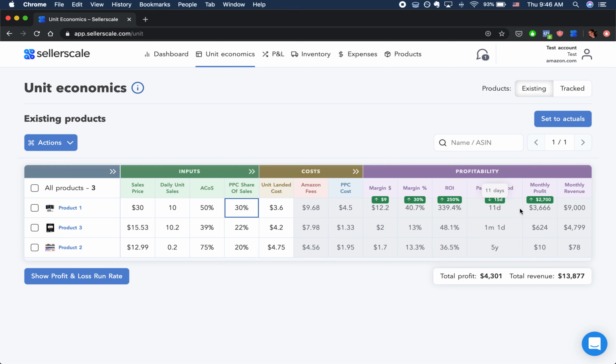and you're making more than $3,500 per month in contribution margin or in profit for this product. So this might inform you that, hey, maybe I should be way more aggressive during the ramp-up phase and increase my bids, lower my pricing even more, because the product just has such insane potential. So isn't this cool? This is super actionable kind of analysis and could really give you an edge over your